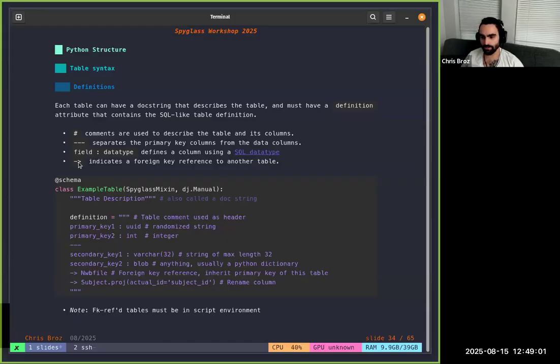This arrow indicates a foreign key reference to another table. That can occur by just saying arrow NWBFile. Whatever occurs here should be a valid name in the Python namespace of this Python file. So if I ran from spyglass.common import NWBFile, this arrow would be valid because I would have that object. But if I instead had at the top of my file from spyglass import common as sgc, I would instead write here arrow sgc.NWBFile